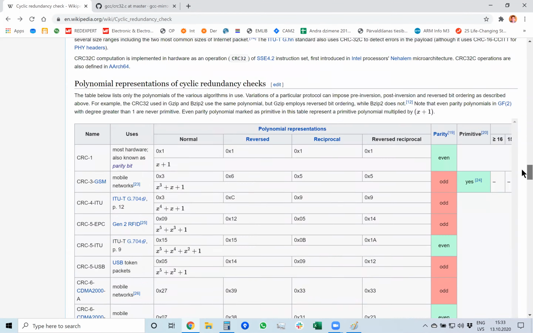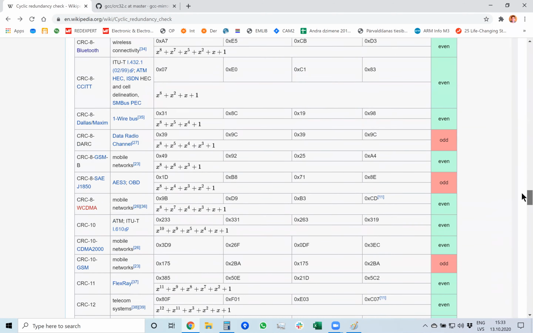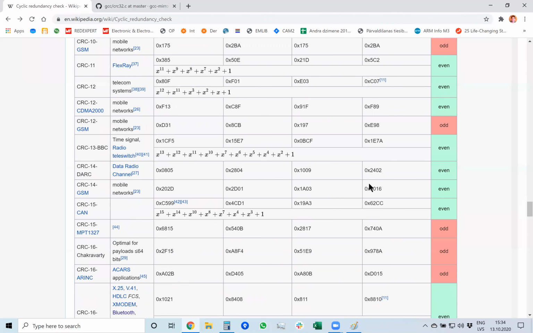So do you have some questions about the CRC, Cyclic Redundancy Check algorithm? You can write them in the chat box. Okay, if you don't have any questions,